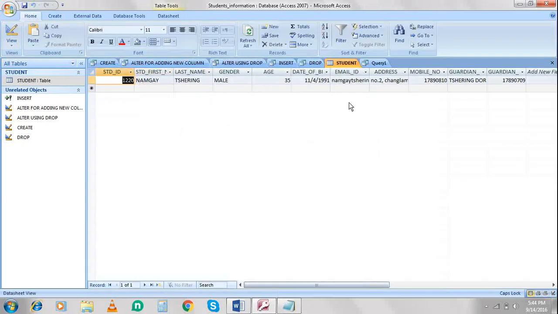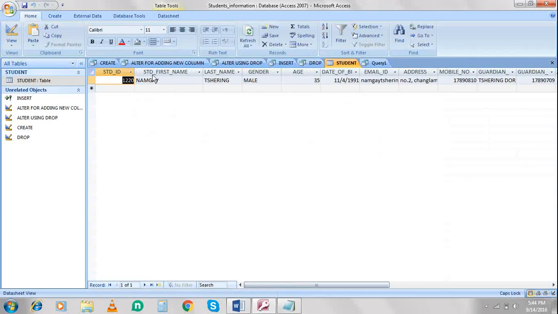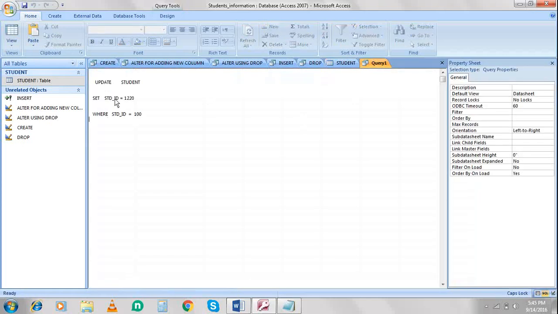The same thing you can do for other fields as well. Say I'm going to change the name of this person. Actually he is not Namgeshwari, maybe something, what to say, Sonam maybe. Okay, so what we are going to do is we have to refer to this particular column name and the value we have to change. So std underscore first underscore name equal to,